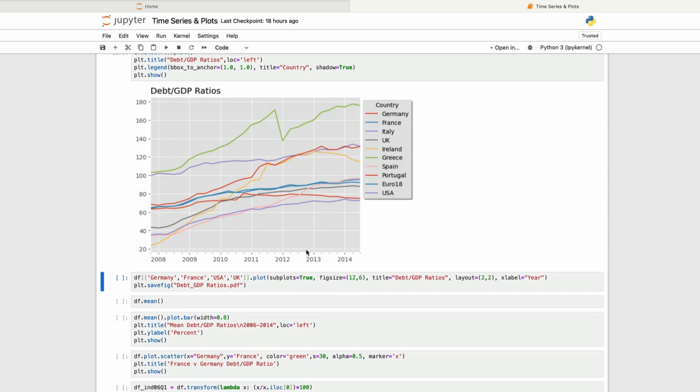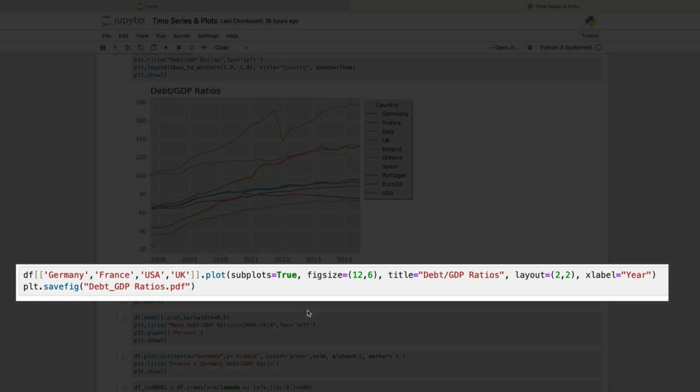What you might want to do, of course, is not plot every single country on here. We've seen how to drop some. What if you just wanted a certain selection? Well, that's easy enough to do by selecting those columns in the way that we've seen before using this standard syntax here. But what if, in fact, you also then wanted to plot each country's debt to GDP ratio on a separate subgraph so that you had 4 separate subgraphs all contained within a single chart? Well, that's easy enough to do with the plot function using the subplots parameter, the subplots option. All you need to do is to set subplots equal to true,